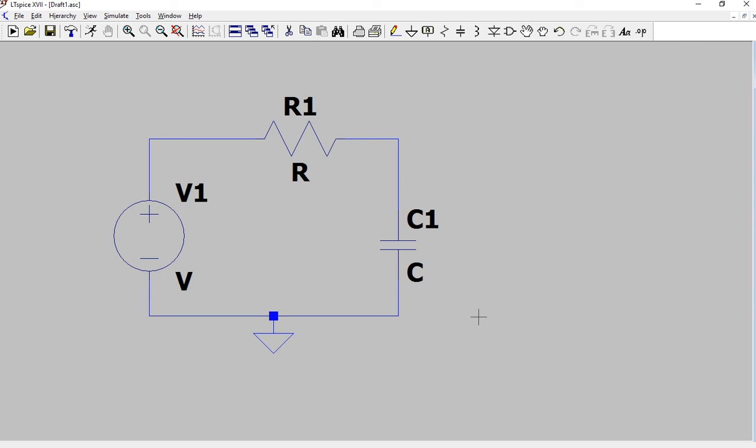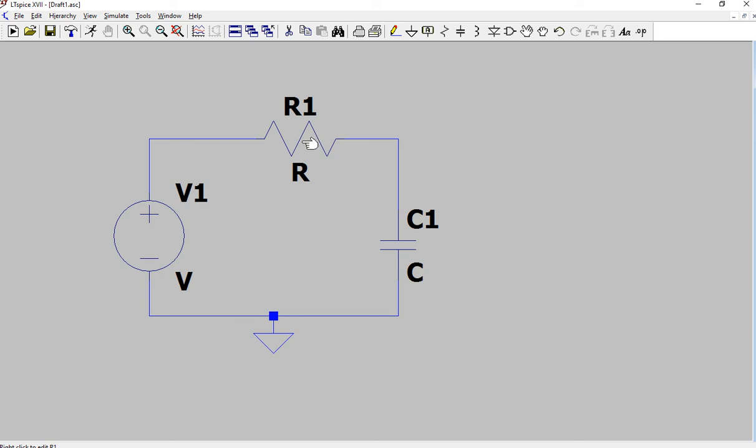So far, we have completed the connections, but we haven't assigned any values to these components. To assign values, you have to go to each of these elements one by one and then right click and set the properties for these components. So I'll first do it for resistor. I go to resistor. I'm not clicking anywhere so far.